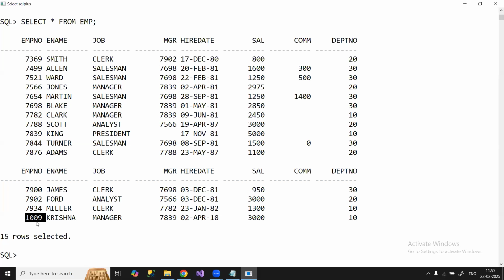Now one more question I'll ask. This table is having how many rows now? 15. So the new record is also there. I inserted this new record through the view, and it came into the table. One more here, I'll say select asterisk from